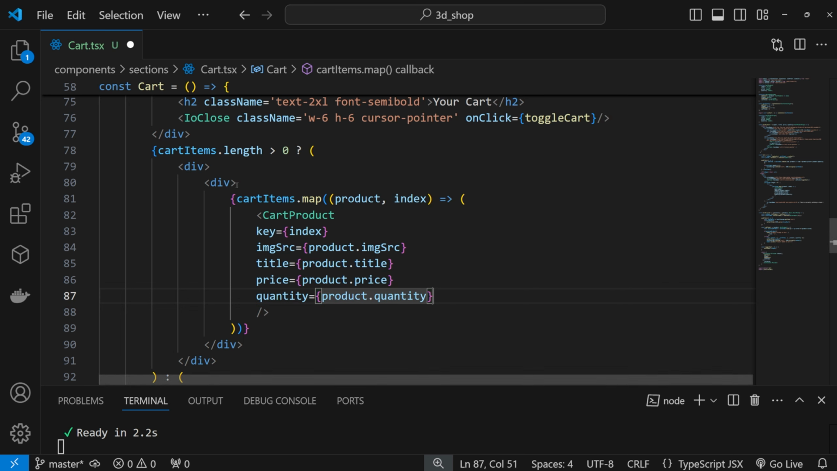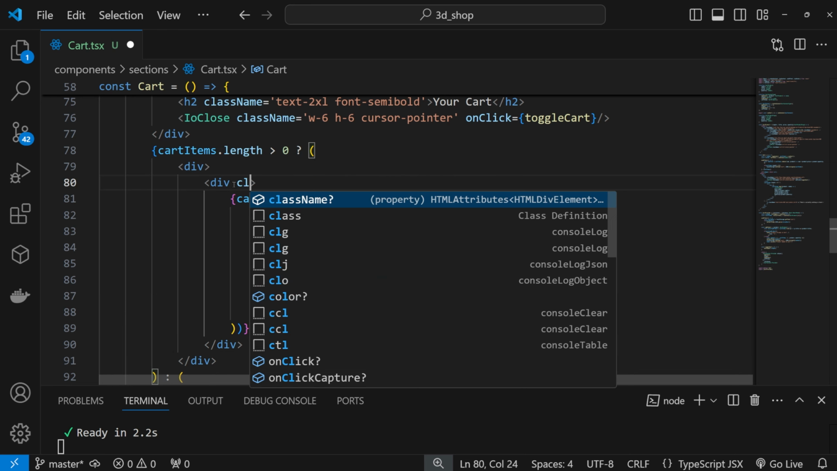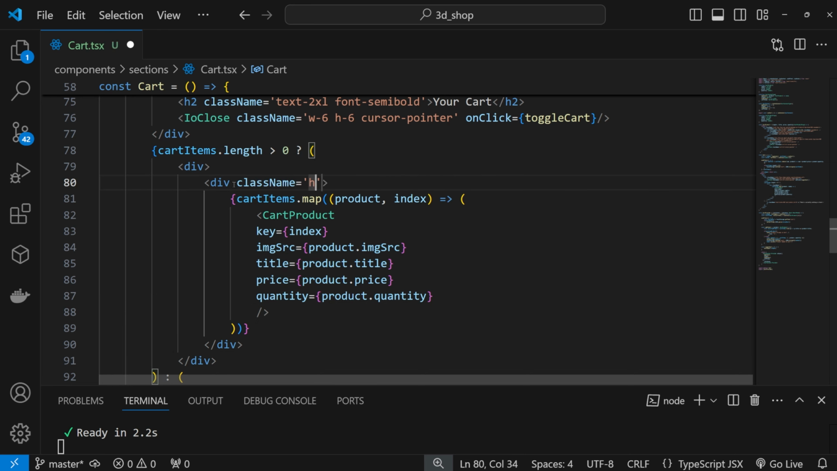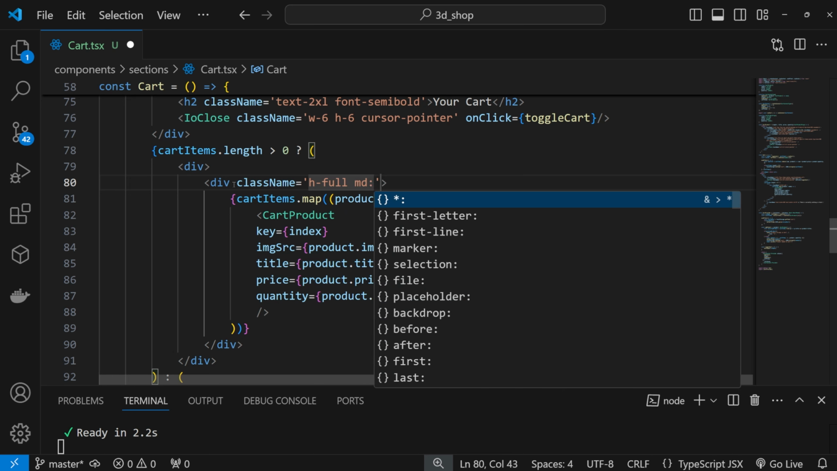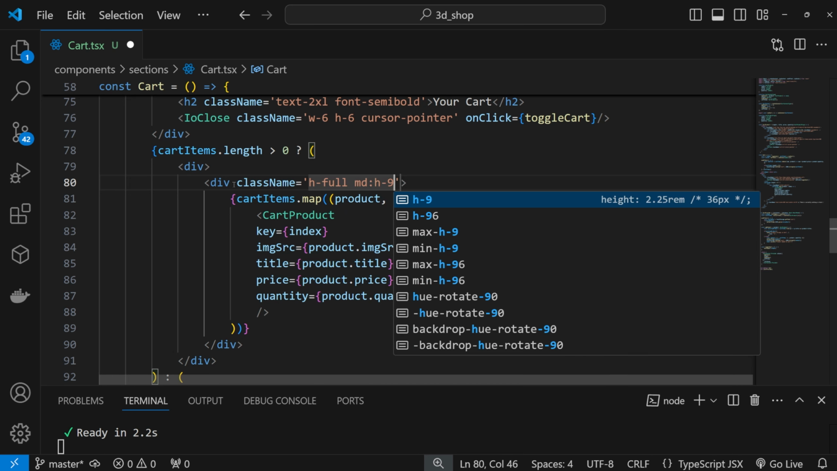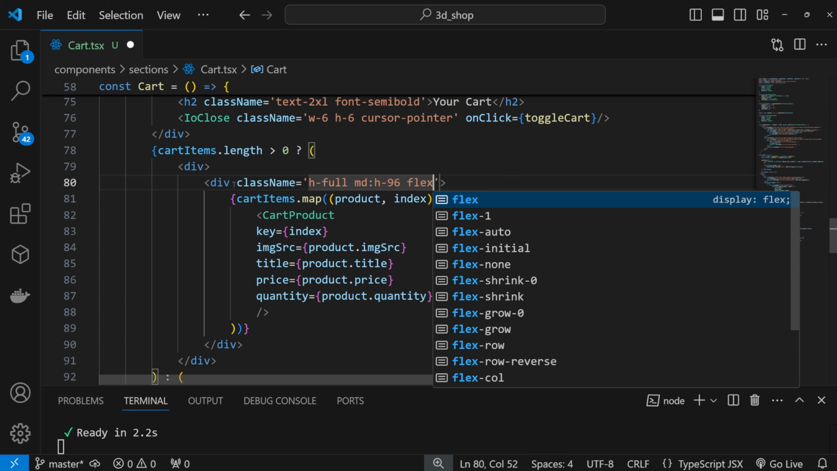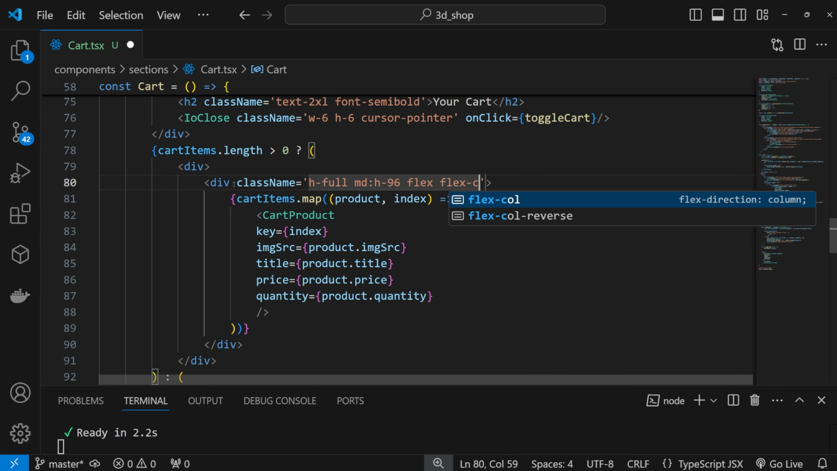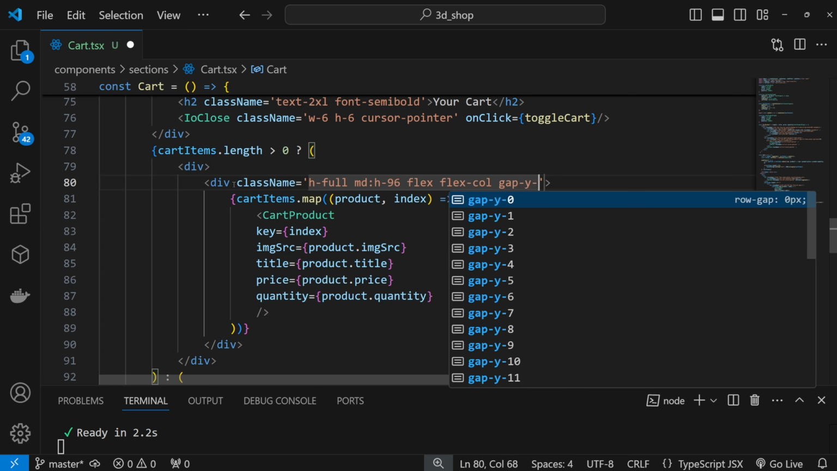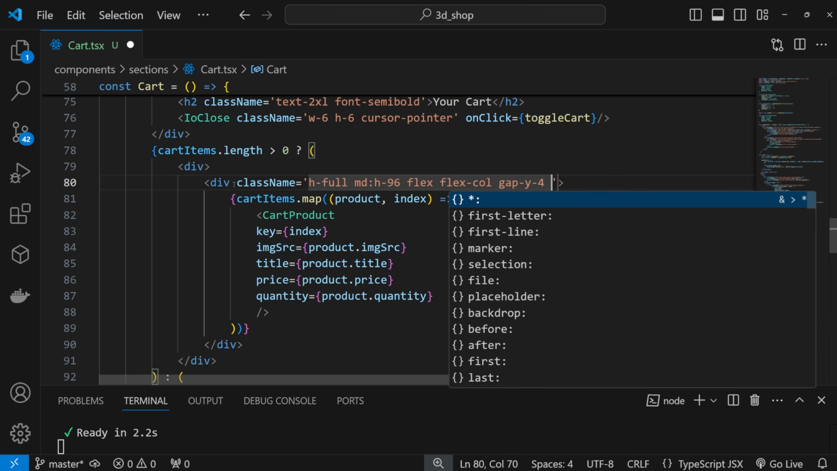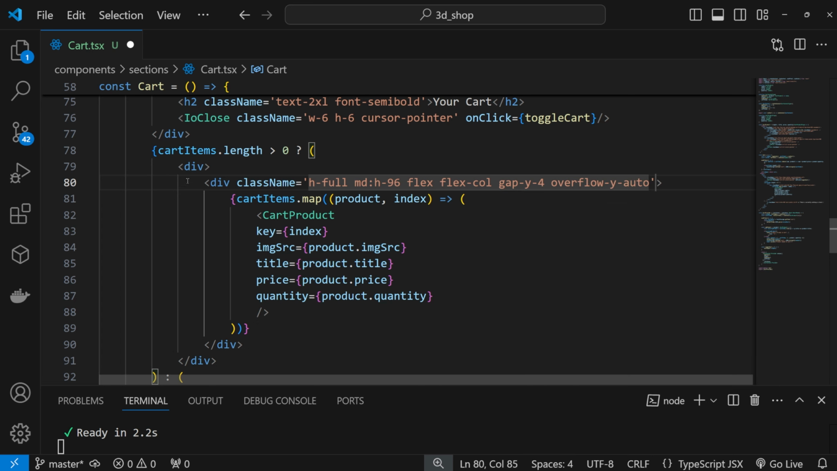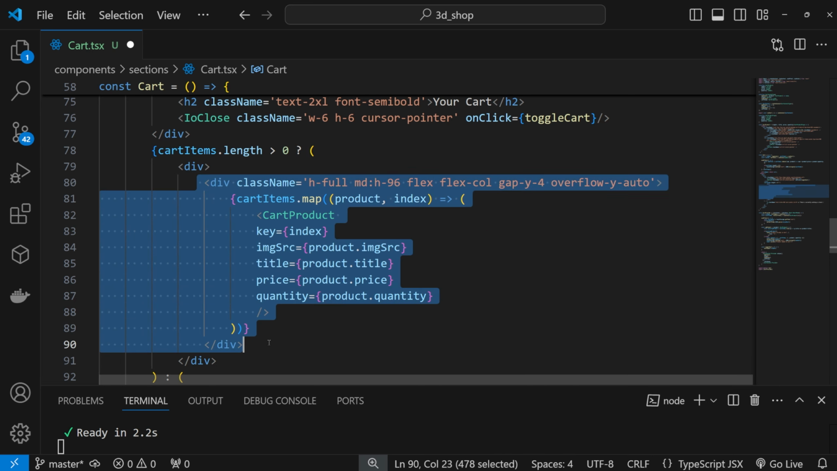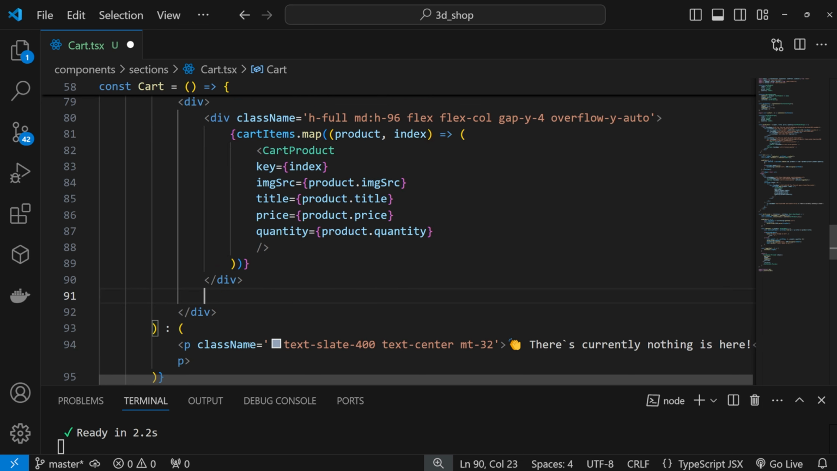So with that done, we need to go to this div, add a class name equal to height equal to full. Then in medium screen size we want height equal to 96. Then flex, also flex column, gap y equal to 4, and set overflow y to auto, like this. Then under this div we need to create one more. So create a div,